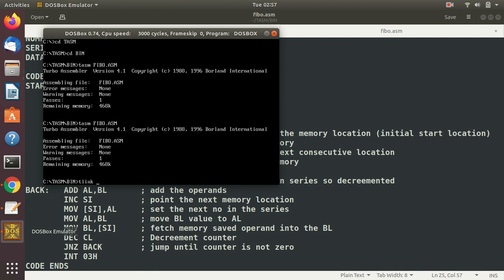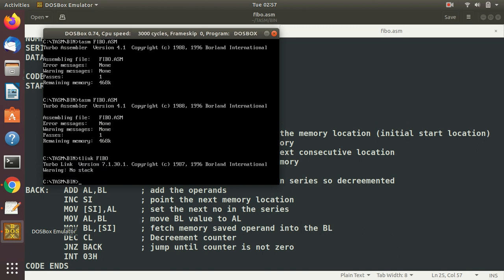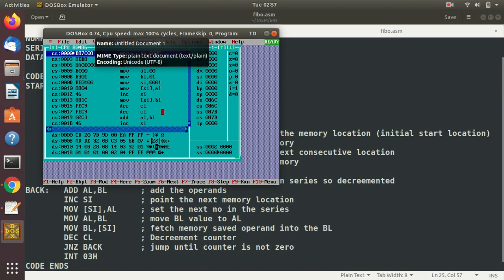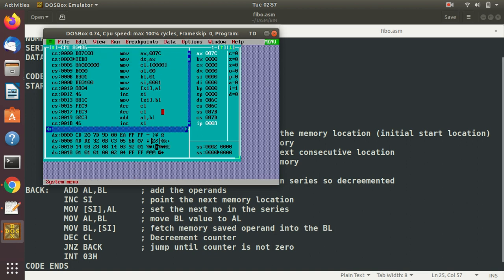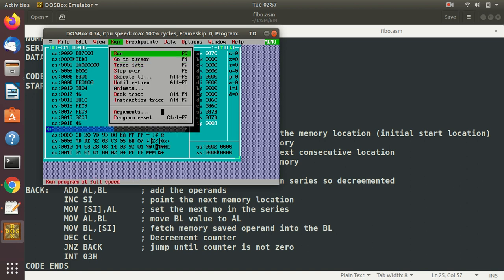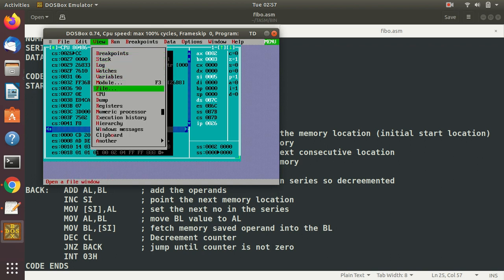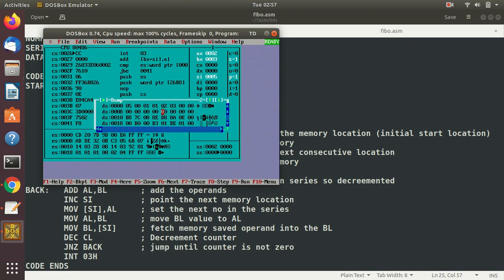T-link, and T-link fibo and TD fibo. Okay, so here what I will do is I will directly start the program and will show you the dump here. Okay, sorry, F10, run. Okay, so it reached the breakpoint. Okay, so here I will show you the dump of variables. Okay, so see here, we had to generate the series till 5,